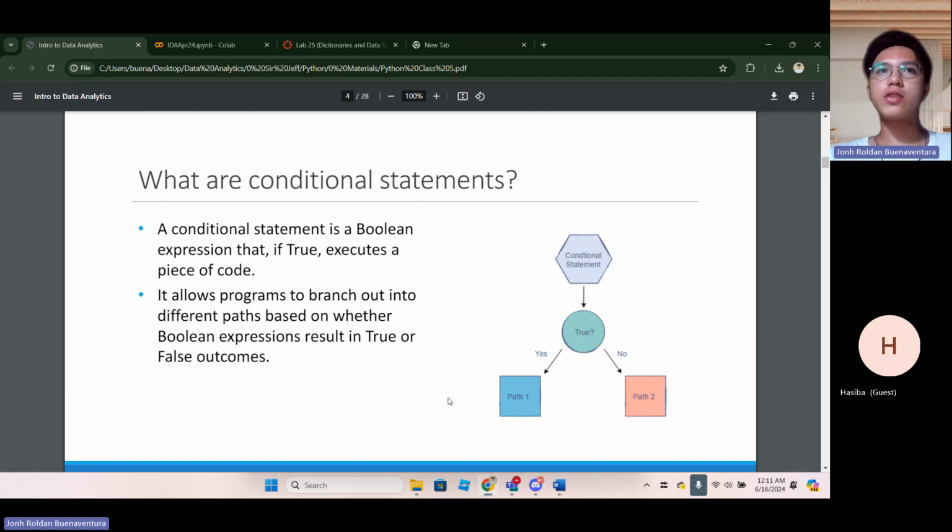So the conditions are being classified as either true or false. We can also combine conditions using the and and using the or.